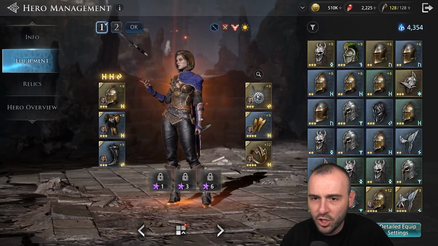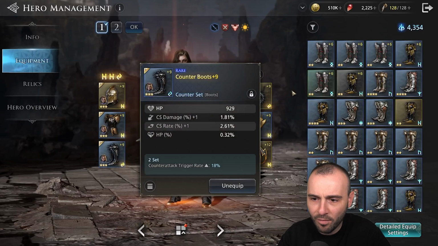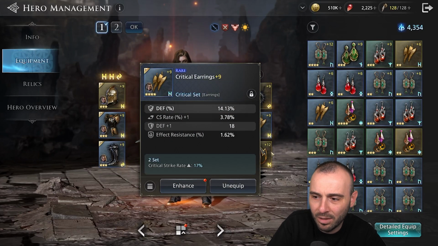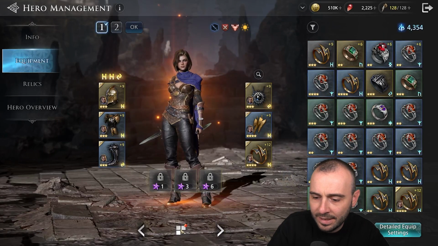So this is what she has on. It's not like we have god roll pieces or anything like that. We're far off from it. To be honest, it's pretty hard to even tell how the god roll pieces will look at the very moment. Then we have